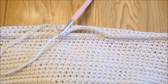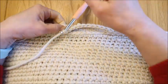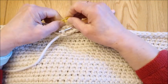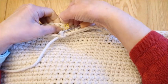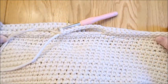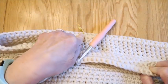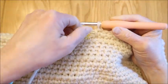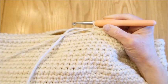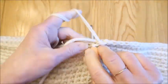I don't have any stitch markers right with me, so I'm using a paper clip, and I'm just going to loosely mark where I'm going to begin the next one to keep it right in the center. So I'm going to crochet around to this paper clip. I have reached the paper clip in this next stitch, so I'm going to remove my stitch marker, and I'm going to put 1 stitch in,